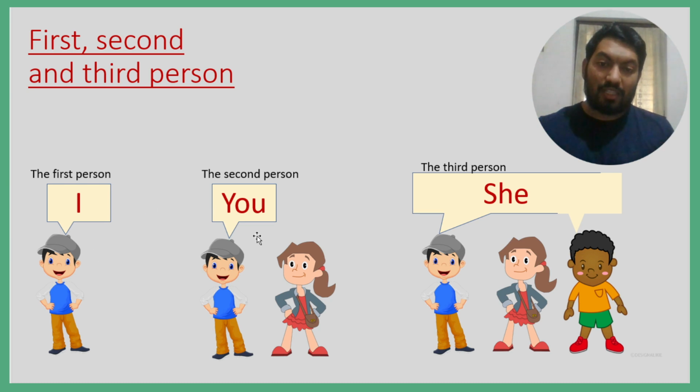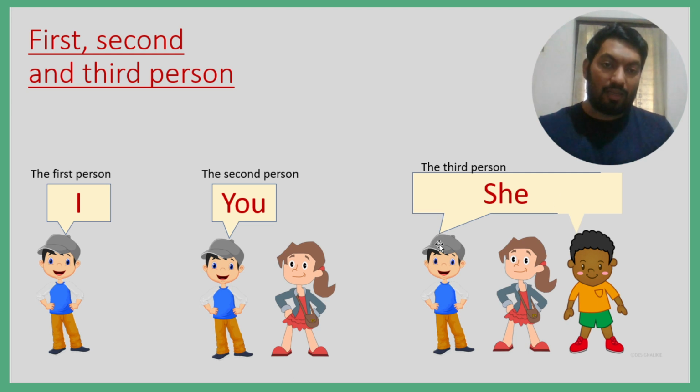Look at the second picture. You stays the same for singular and plural. Are you going to church? This question can be asked to a single person or a group of persons. If there are some friends walking nearby, you may ask them, are you going to church? Are you going to market? Are you going to school? Or if it is a single person, for example your single friend, you can still ask the same: are you going to school?